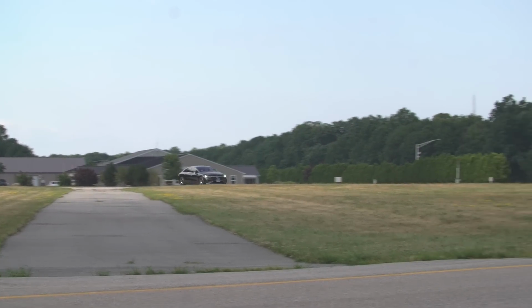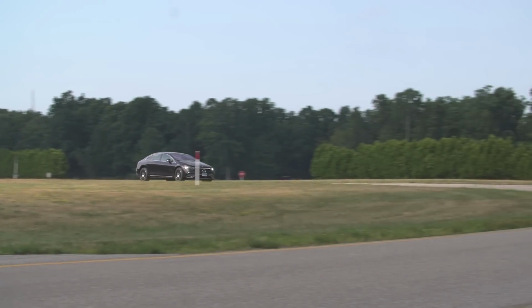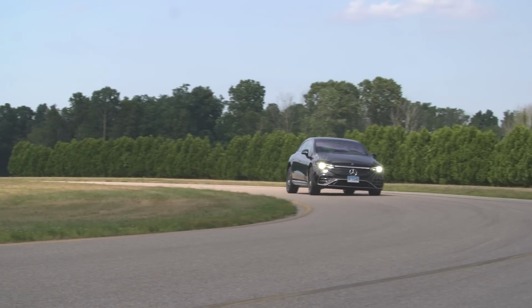They should at least have what's already out there. Yes, agreed. So I'm looking forward to spending more time in it. Emily, I'm sure, is also looking forward to spending more time in it, trying all 8 massage settings. We're going to put it through all of our normal tests on the track. And we will have a first drive review on this, and we'll have a full review in the future at